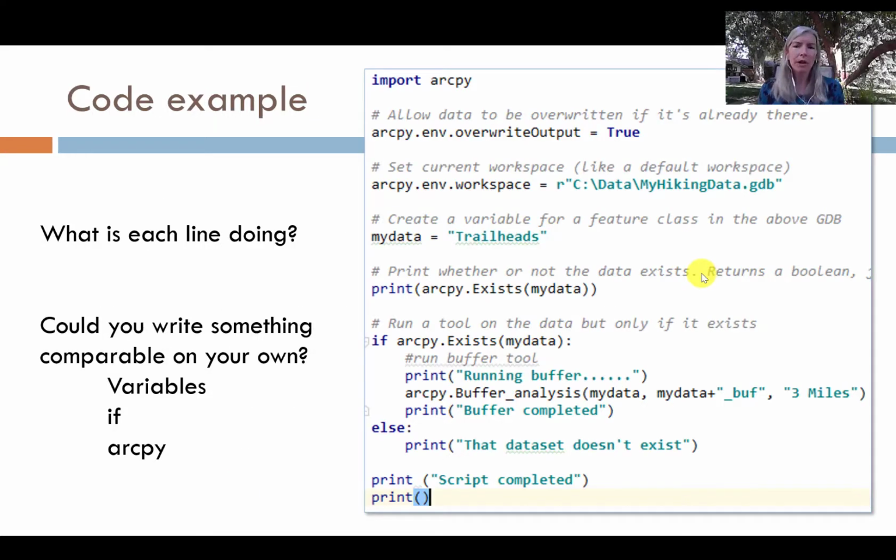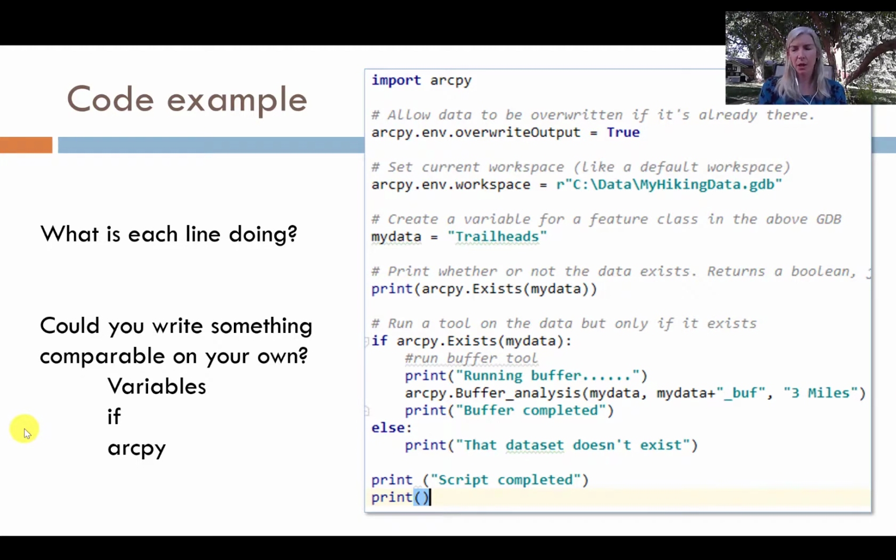And lastly, where you should be by the end of this lesson, you should be able to look at code like this and know what each line is doing and understand why it's there, what it's doing, and why it was written the way it was, and maybe how else it could be written. And then the other side of it is, could you write something like this on your own? Would you be able to start from scratch and build this yourself? So that's kind of the goal for this lesson, is to be able to build something like this yourself, and